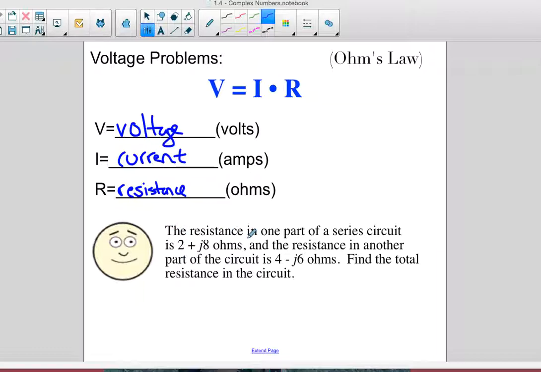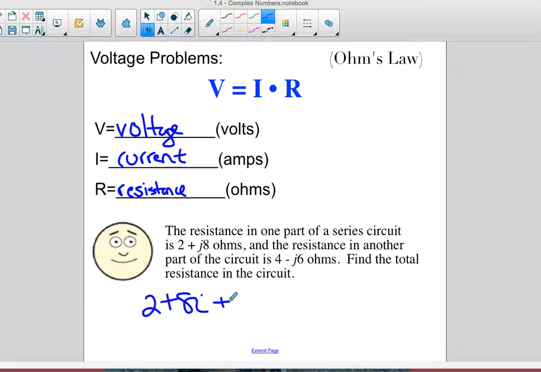So the resistance in one part of a series circuit is 2 plus 8I, or J8 ohms. And the resistance in another part is 4 minus J6 ohms, right? So find the total resistance. This one's not so bad on our pain scale. It doesn't even involve voltage or current. It just involves resistance. So the total, you just add these two things up, right? So you have 2 plus 8. I'm just going to rewrite it with I's because I'm comfortable with them. So it's 2 plus 8I, and then plus